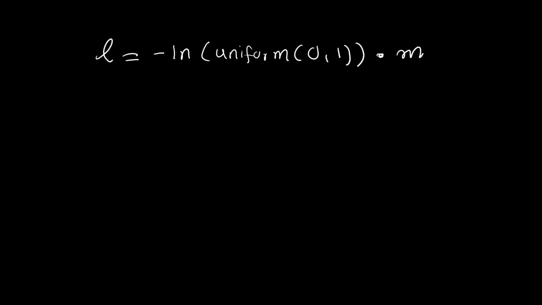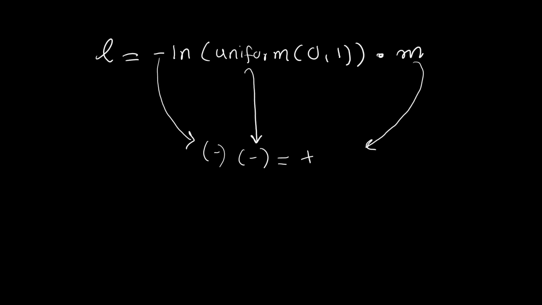So what it's doing is taking a randomly generated value between 0 and 1, and when you take the natural logarithm of that, you get some negative value. This is multiplied by another negative value to give us a positive one, and then this is used as a scaling factor